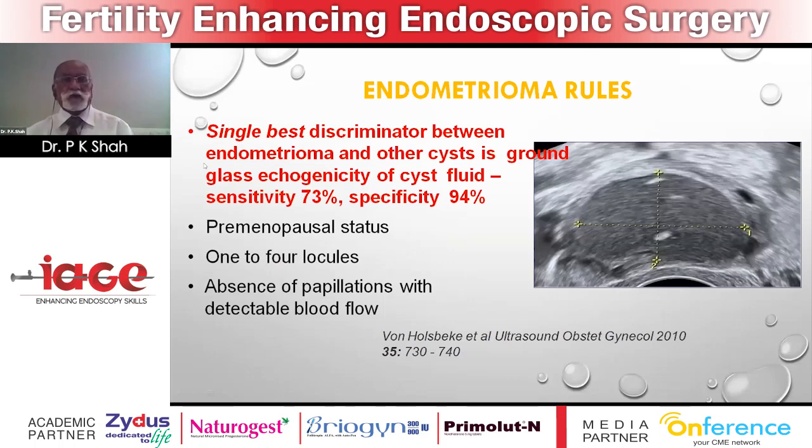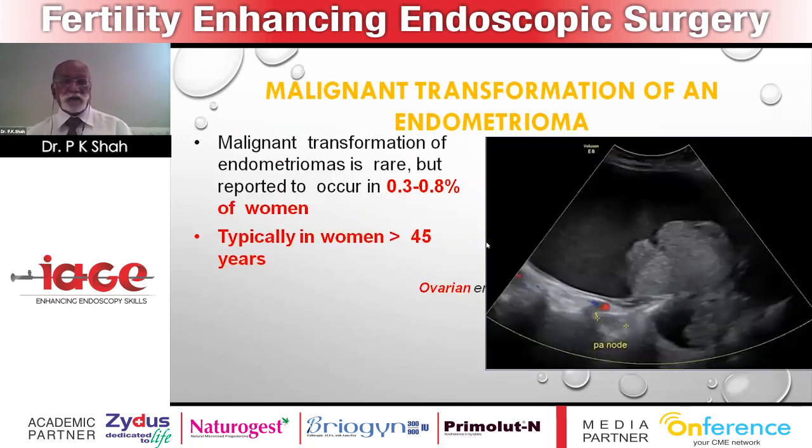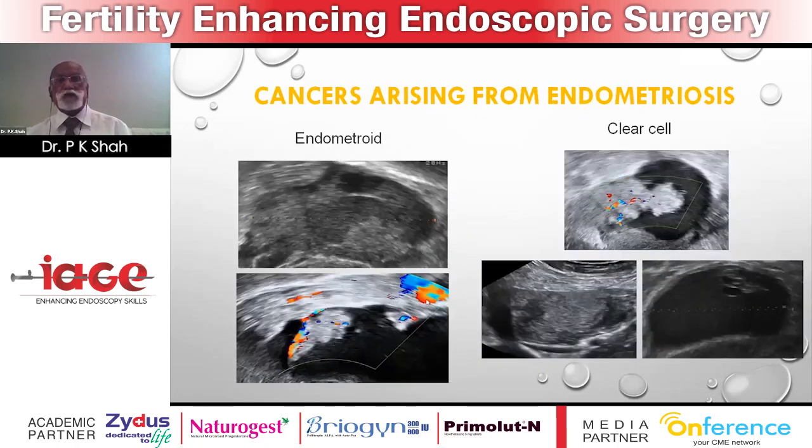What is the endometrioma rule? The single best discriminator between endometrioma and other cysts of the ovary is the ground glass echogenicity you saw just now, with a sensitivity of 73% and specificity of almost 85%. You can have malignant change even in endometrioma in 0.3 to 0.8% of women, typically in women more than 45 years of age. And you should put on color and, if required, 3D ultrasound, and you'll be able to diagnose